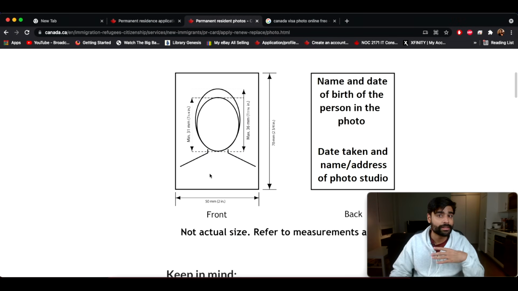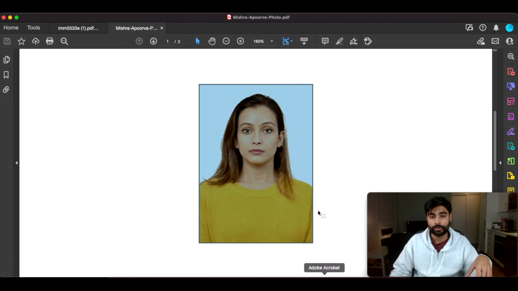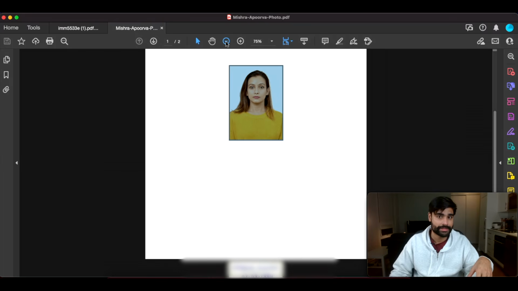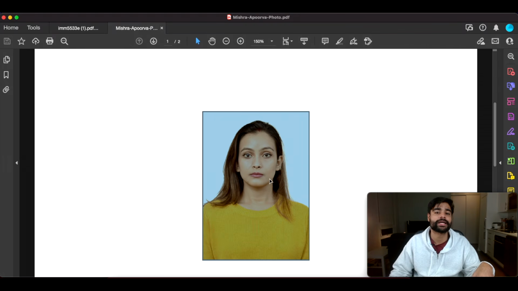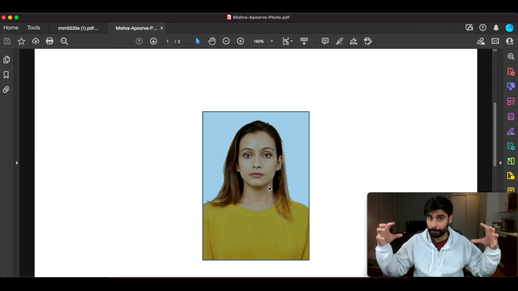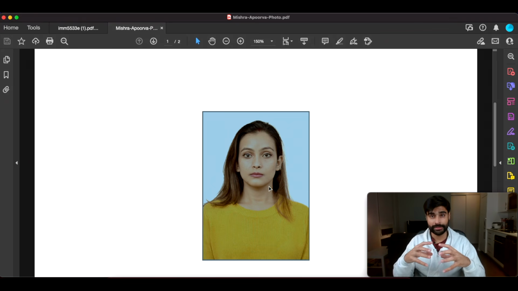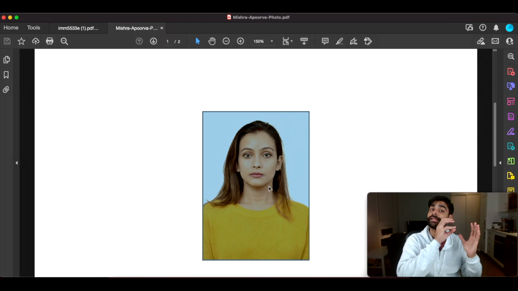I personally feel that this is okay because you're not going to be able to get that. So if I zoom down, let's say I zoom to 75%, I can make it look like the scan of an actual physical photo. But I can zoom up also, and then the size increases. I personally think this should not matter because ultimately they are going to take the printout of this photo that you submit, compress it, and reduce its size and shrink it down so that it can fit the permanent resident